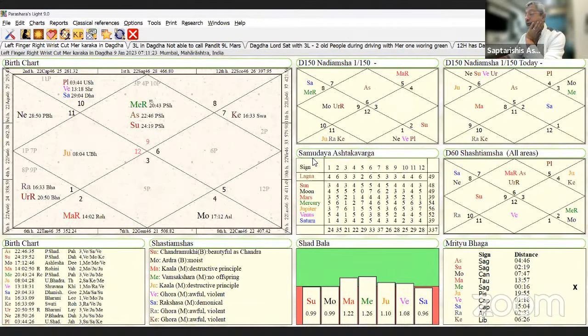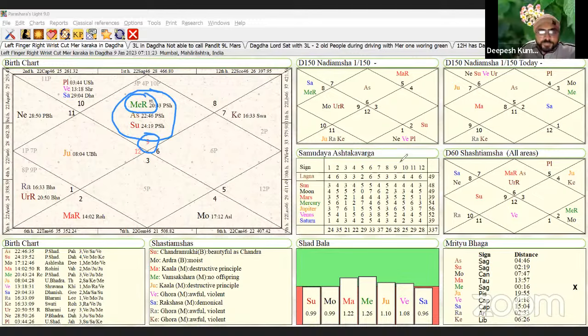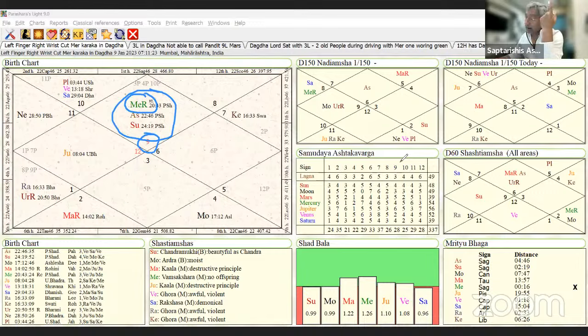Do you see this, which is the Dagdha Rashi? Yes, sir, we already covered it. Hands, wrist, finger problem. Okay, this is the Dagdha Rashi. And what did I say? Mercury retrograde. Retrograde means antenna up. And Mercury is Karaka of hands, fingers. So we have already covered this question. At that time I said it. Take the Karakatva of the planet sitting in Dagdha Rashi. Are you getting it? Okay.